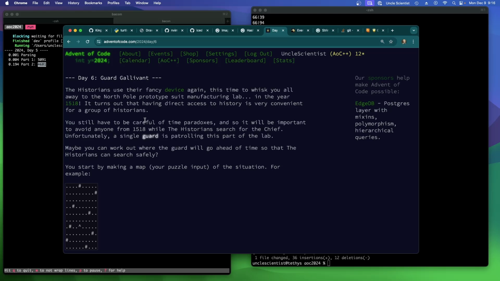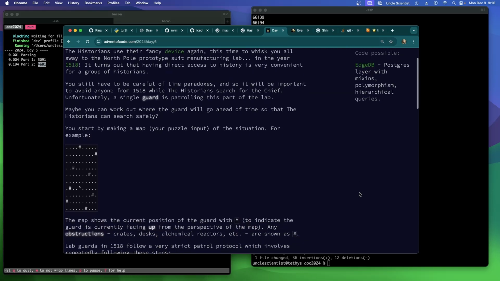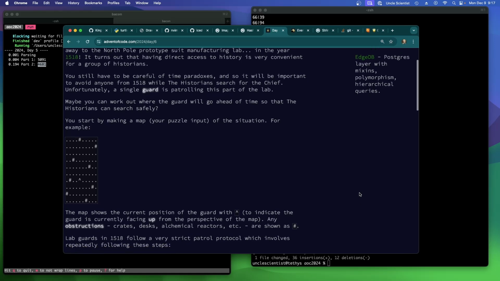I would imagine so. You still have to be careful of the time paradoxes, and so it will be important to avoid anyone from 1518 while the historians search for the chief. Unfortunately, a single guard is patrolling this part of the lab. Maybe you can work out where the guard will go ahead of time so that the historians can search safely. You start by making a map, your puzzle input, of the situation. For example,